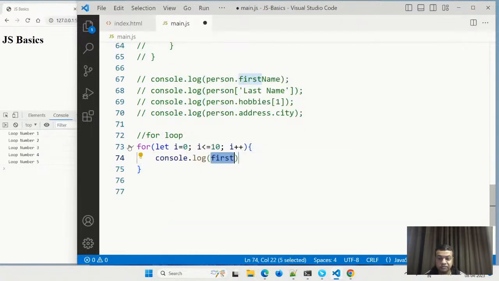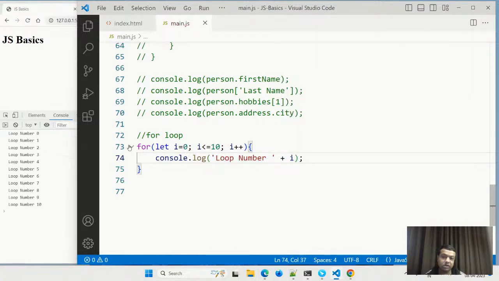And then console.log("loop number"). If I want to show some variable, then I have to do plus, and then the variable. If I show it, it shows loop number with the value.